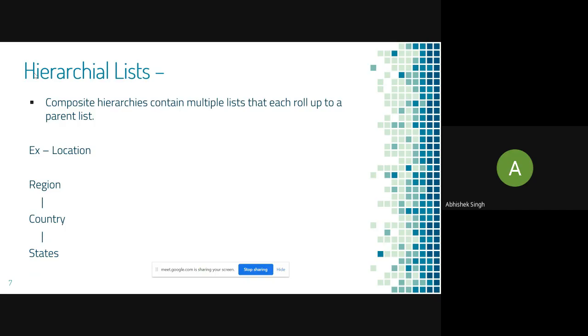And what we're going to be doing now is we'll log into the tool, and we will see how these hierarchies could be built in Anaplan. All right, so let me quickly log into my workspace, and we'll get started for the day.